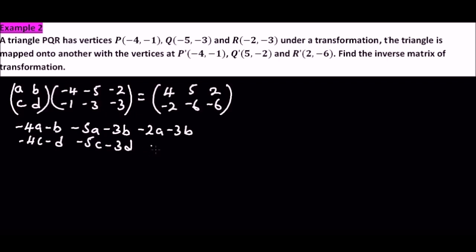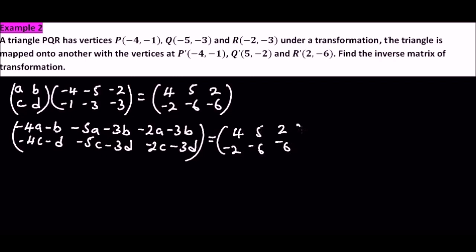And finally we have minus 2C minus 3D. So this matrix is equal to our matrix here, which is 4, minus 2, 5, minus 6, and 2, minus 6. Now, here we are going to solve this. We normally say that corresponding elements of the matrix are the same. So we can see here